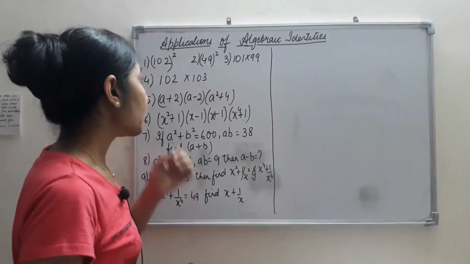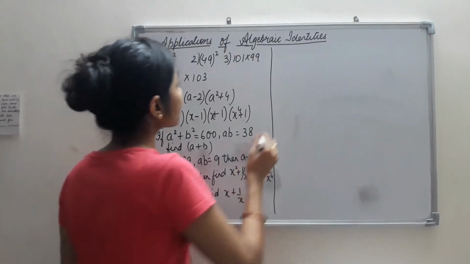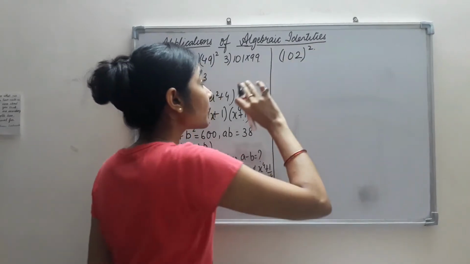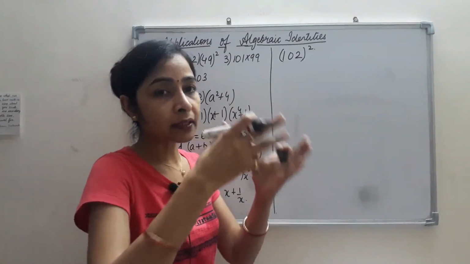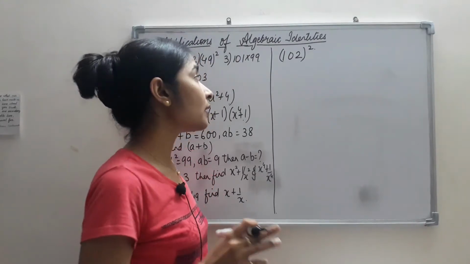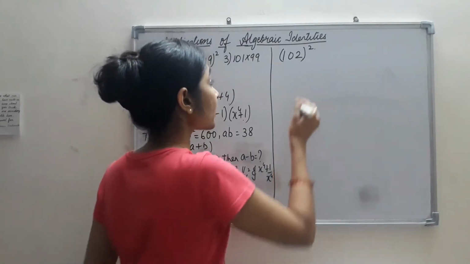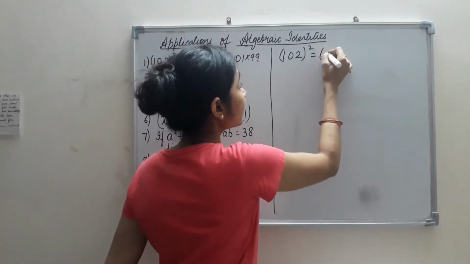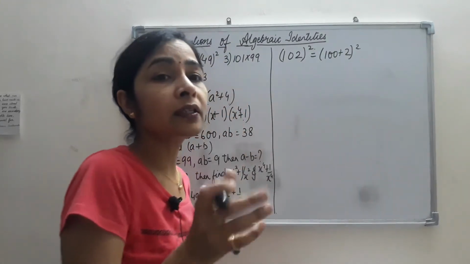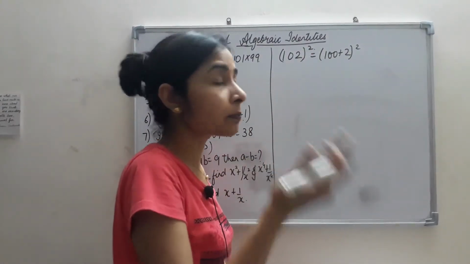Now the first question is to find the square of 102. The simple way is to write both the numbers and multiply them, but if we are aware of the identities, then we can use an identity here. Which identity we can use is the question. We can judge it like this. We break it into 100 plus 2 whole square, because to use the identity we need two terms. So we break it into two easy terms, 100 plus 2.